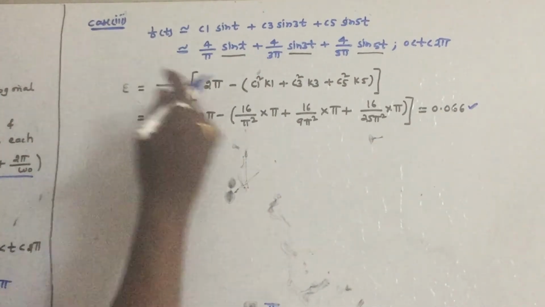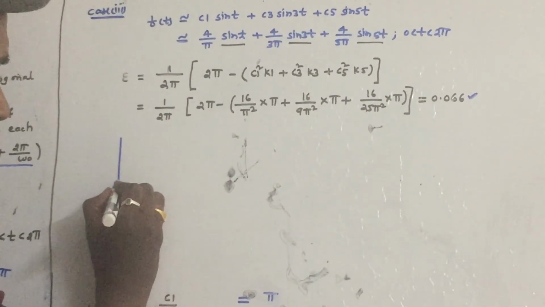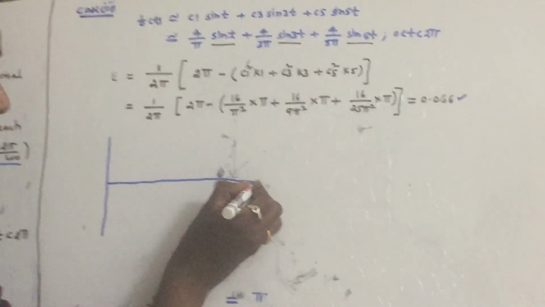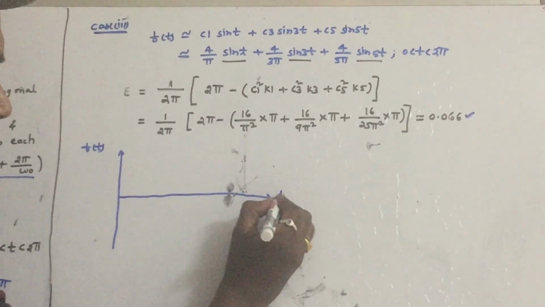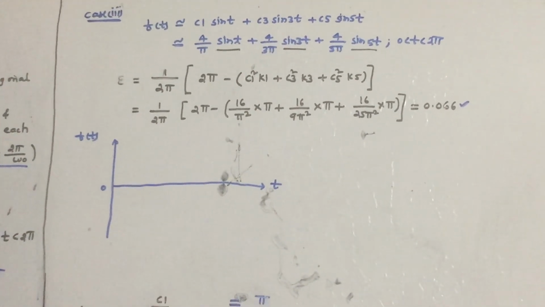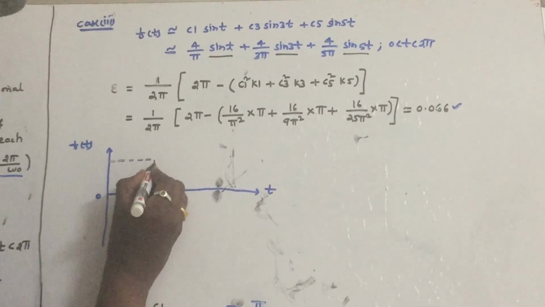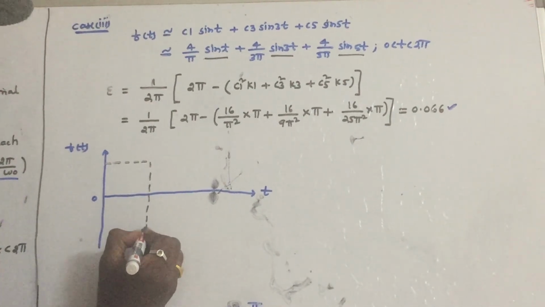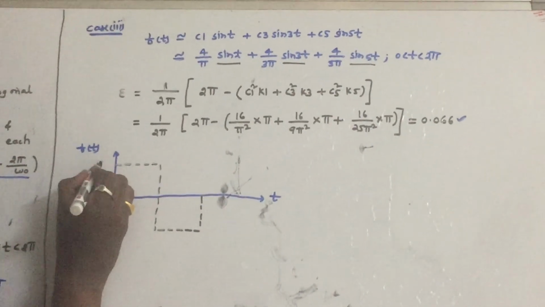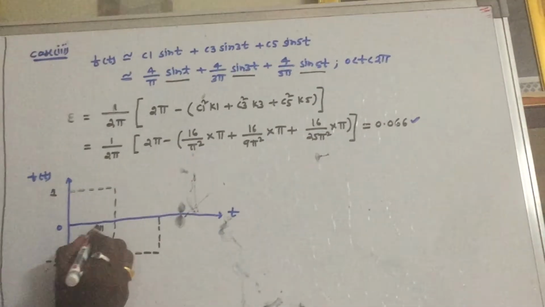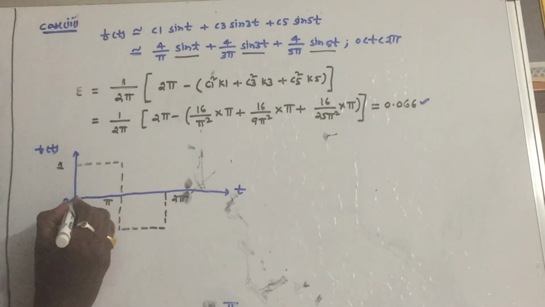All these diagrams you have to mention in the examination, the different cases. What happens if we approximate with one orthogonal signal? What will happen if we approximate with two orthogonal signals and three orthogonal signals, etc. So what is your given signal? The given signal is like this. This is +1, this is -1. This is pi, this is 2 pi. Now we have approximated this with three orthogonal functions.